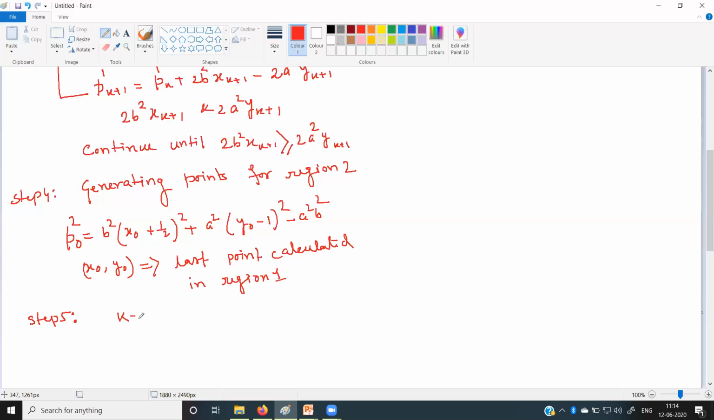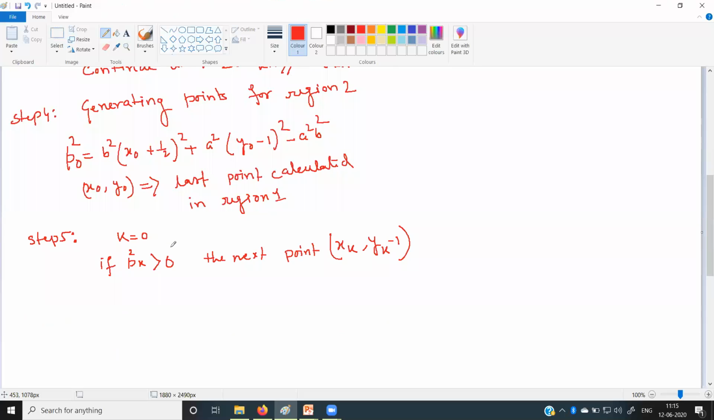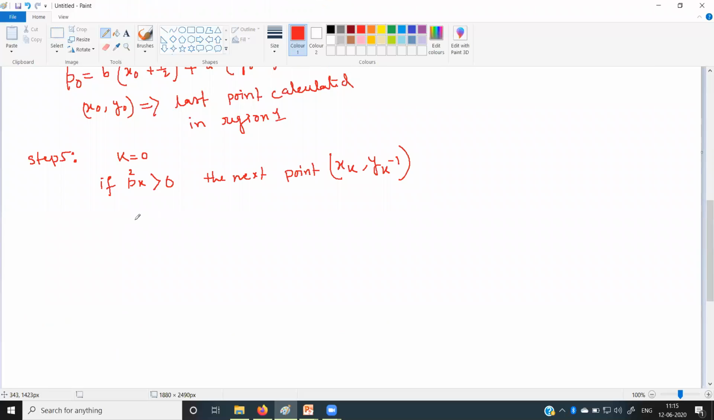We initialize the value of k equals 0, and we will check if pk for the region 2 is greater than 0, then the next point which we need to plot on the ellipse will be x of k comma y of k minus 1. Okay. Now based on this point, you compute